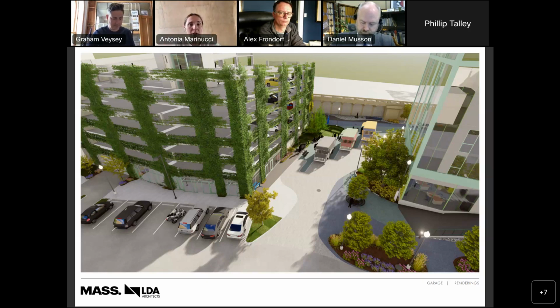From my Google search of English ivy on a garage, taking the viewpoint from the pedestrian level, making that experience a little more compelling would help convince me. If that were integrated, I don't have any issue with the massing of the garage in the site plan like that.